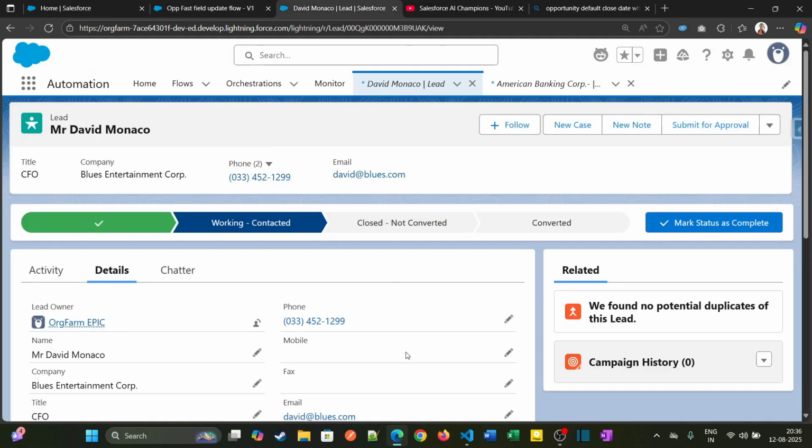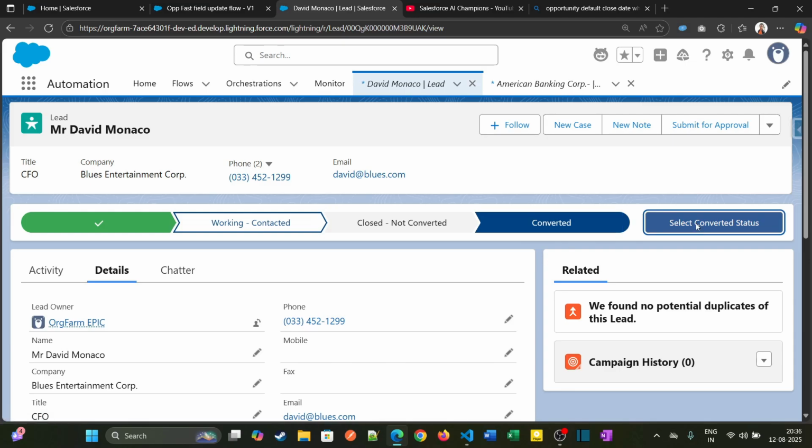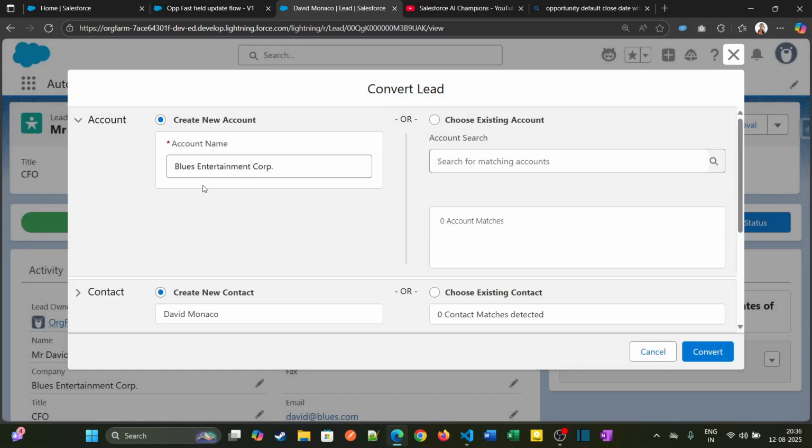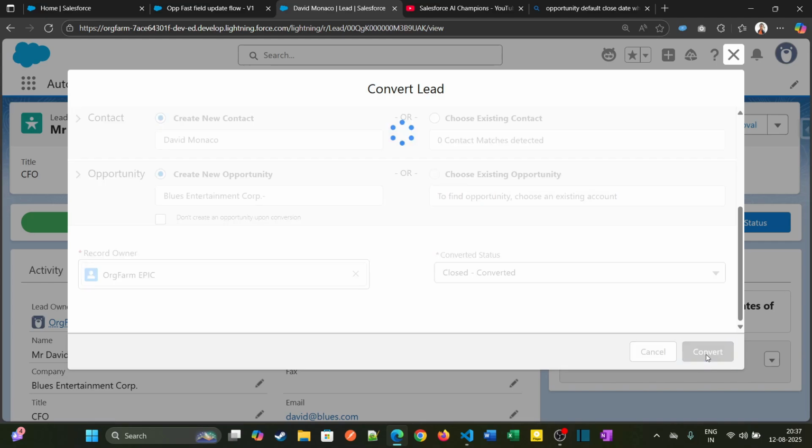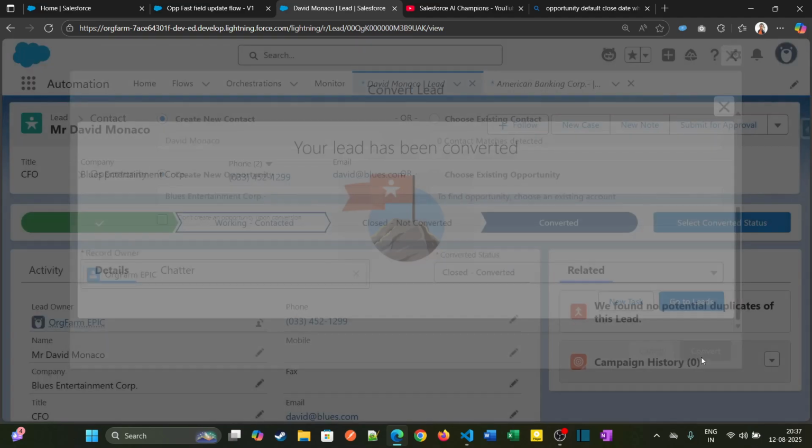and let me test it out. From the lead record we can convert this lead record. We want to create an opportunity, and there is an option because the opportunity creation is optional. Whenever the lead is converted, we can mark the checkbox to true if we don't want to create an opportunity record with the lead conversion. But in our case we want to create a new opportunity. So I'll click on this Convert button,